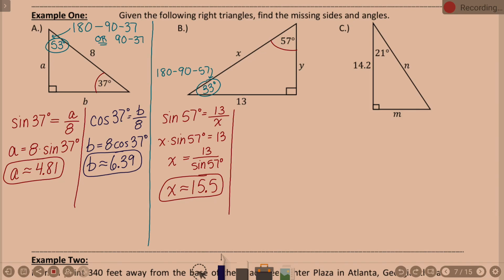Okay. If we stick with the 57-degree angle, 13 is opposite, yes? And we need to find y, which is adjacent. What trig function uses opposite and adjacent? And that trig function is tangent. So an option to set this up is tangent of 57 degrees equals